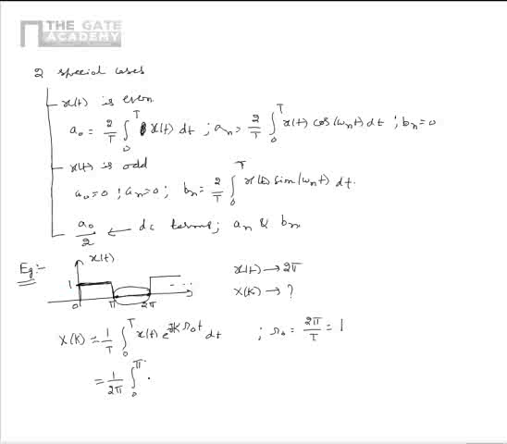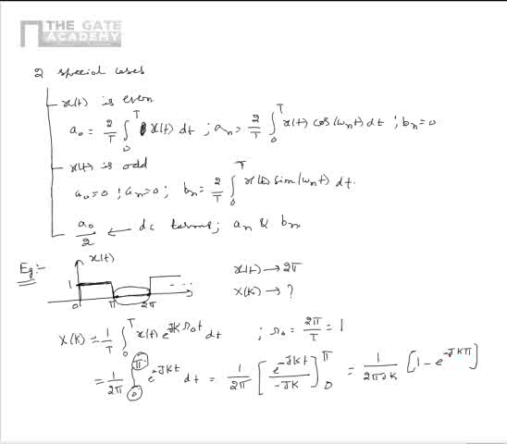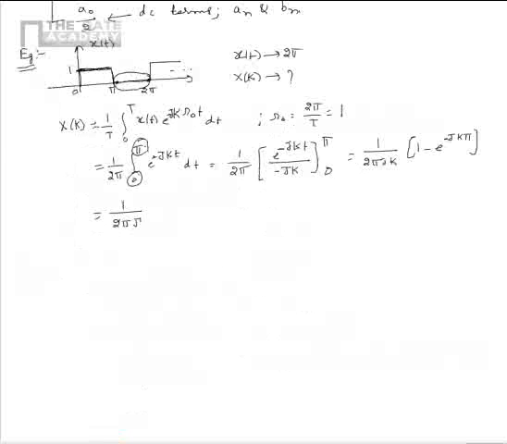Okay, let this amplitude be 1, e power minus jkt dt, which can be written as 1 by 2 pi e power minus jkt divided by minus jk, and note that the limits are pi to 0. Upon substitution, this can be written as 1 by 2 pi jk times (1 minus e power jk pi). This can further be simplified as 1 by 2 pi jk multiplied by 1 minus